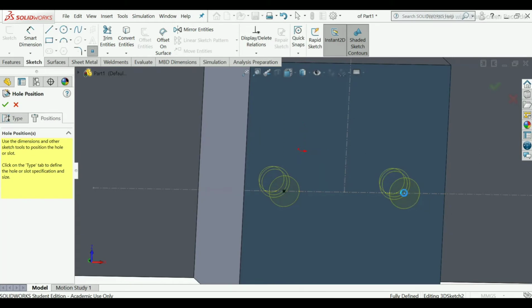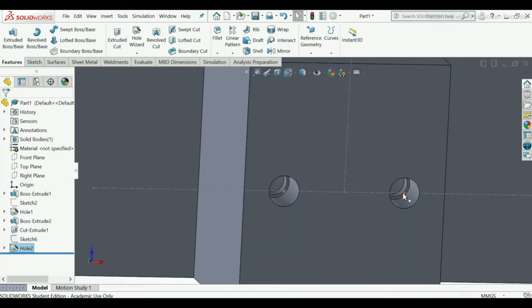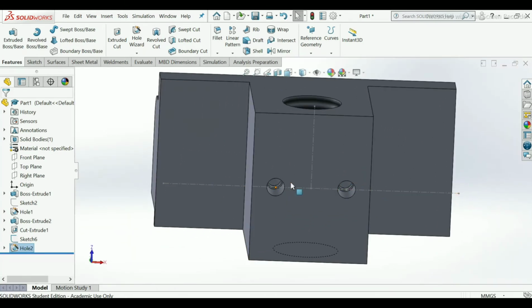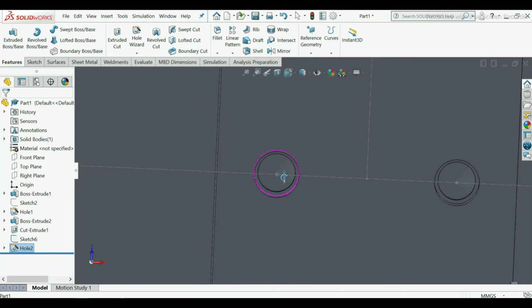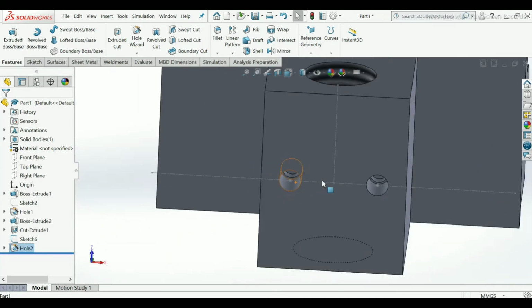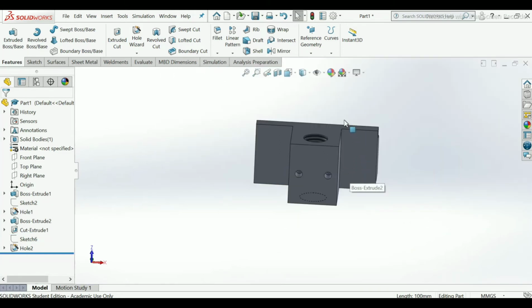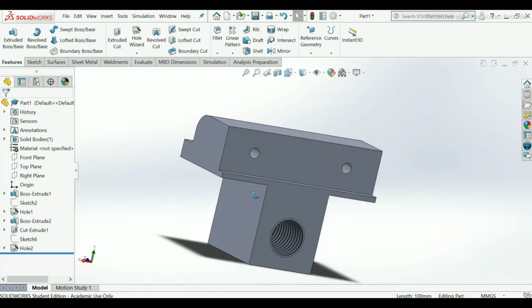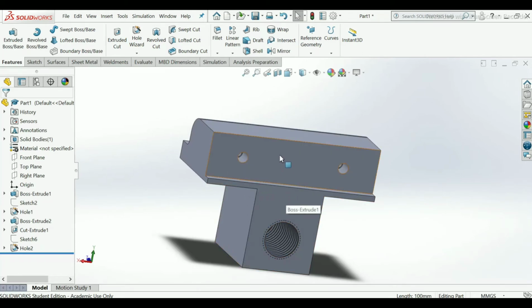Now right click. Now our points have been applied and our hole has been done, you can see it. Now hide these sketches, and our movable jaw model has been made.